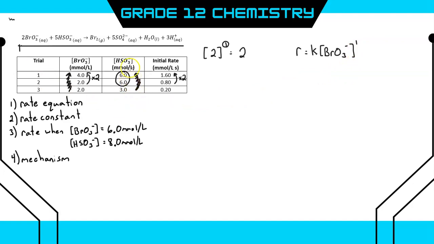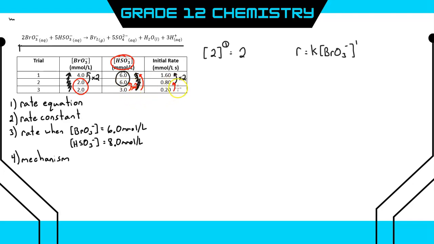Next, if we look at our second reactant, we could do from trial 3 to 2, as we can see that doubles, or we can go from 3 to 1. The question is, in which situation does our first reactant remain constant? And it turns out from 3 to 2, it remains constant. So let's look at that. We'll do 3 to 2. We can see that this doubles,